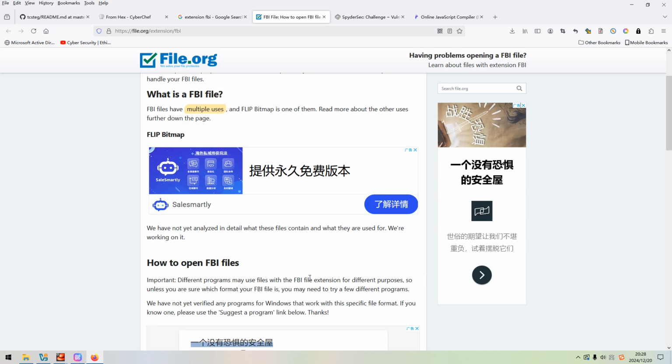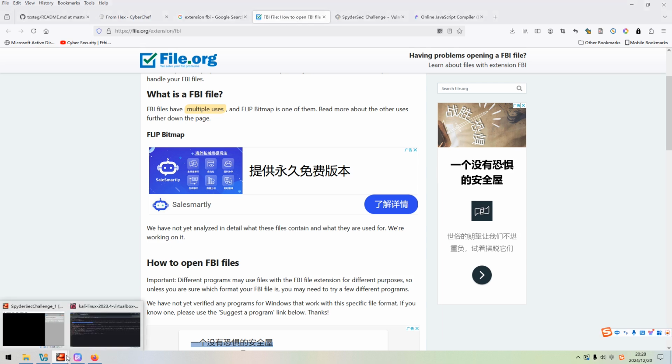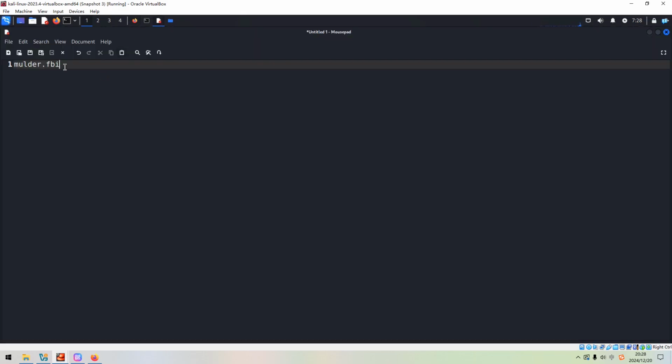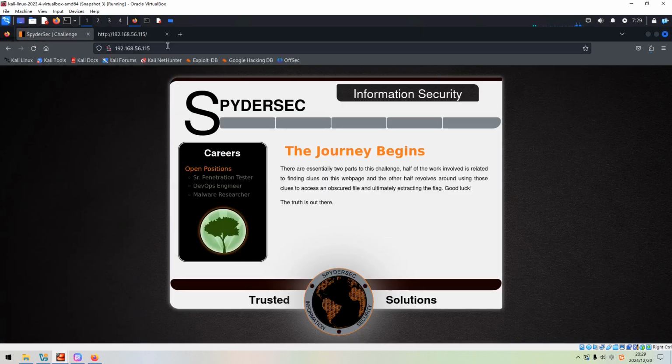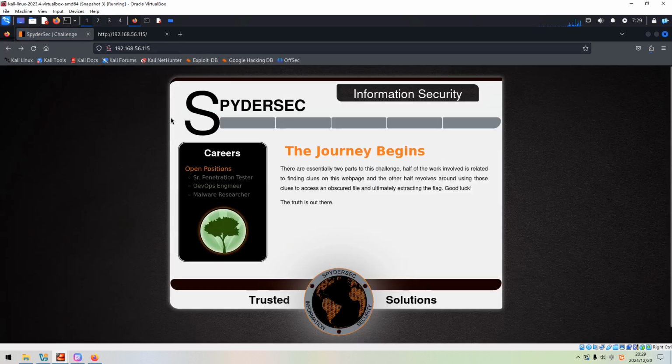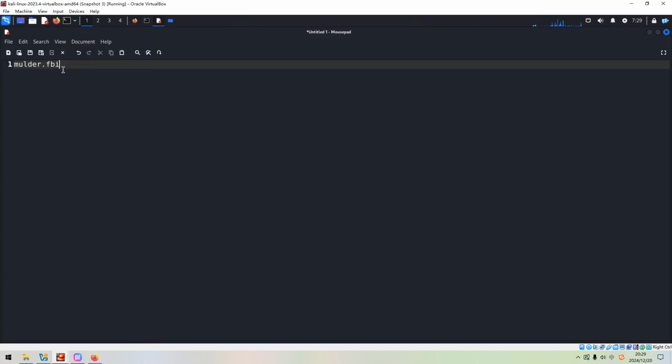All right, but before we try to open such a file, we need to get such a file, right? So we can put it over here, and then try to access this file by the browser, but it's not found. Maybe this file is put into some sort of directory, right? So now it's very important to find such a directory. Anyway, we can put this information into this notebook, and then we can proceed.